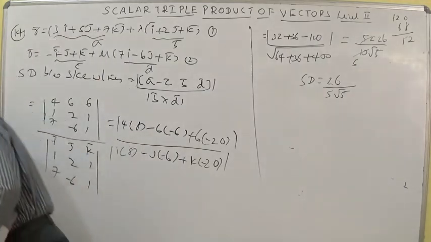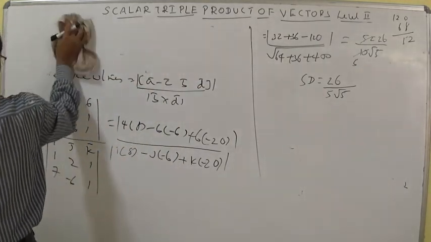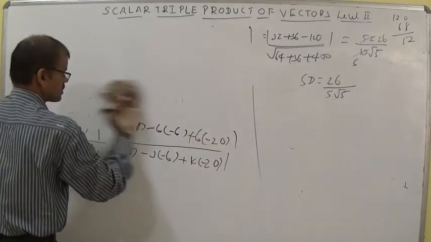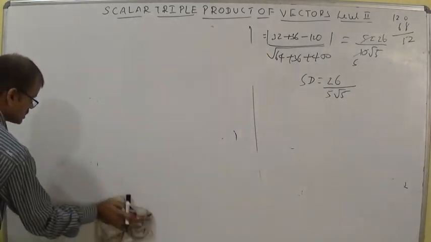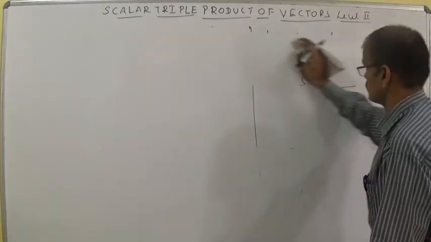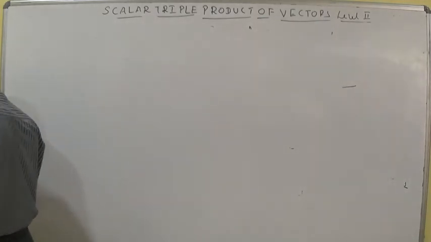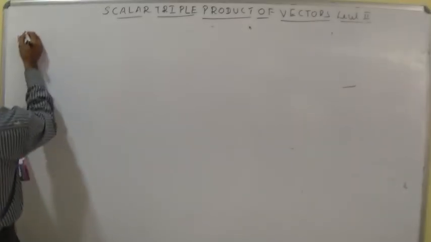Next let us discuss the 15th question. So many sums we discussed regarding the shortest distance between two skew lines. This is an important question in the mains exam and a compulsory question in the MHT-CET exam. Shortest distance between two skew lines, you should not forget the formula. Next, 15th question.